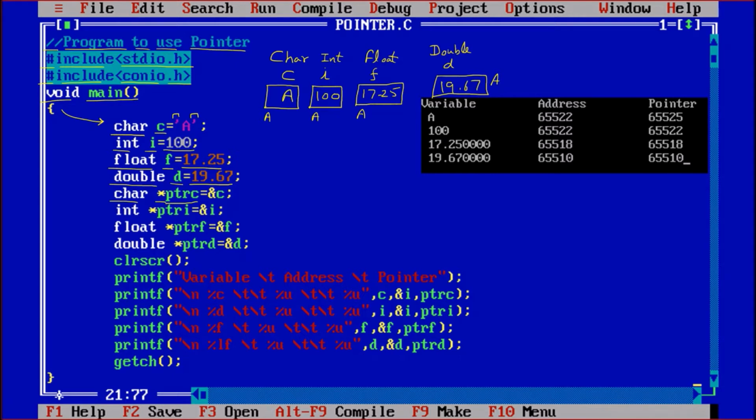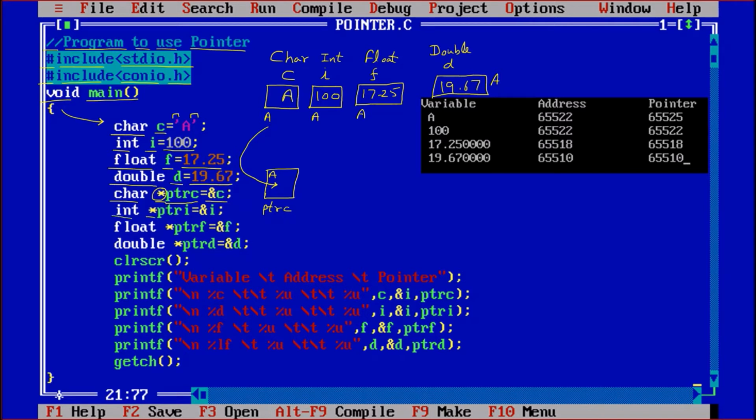So there one more block is there in the memory, and let us suppose the name is ptrc, and star means it is a pointer variable, and that can only store an address. So inside that we can store the address, and we are saying &c. So the address of c will be there inside the pointer.